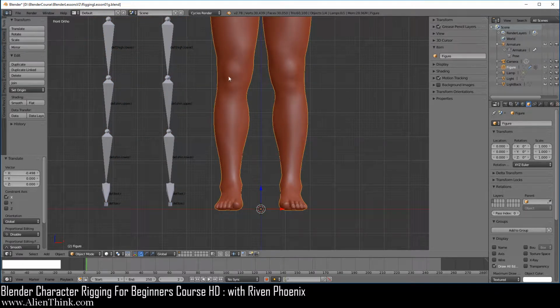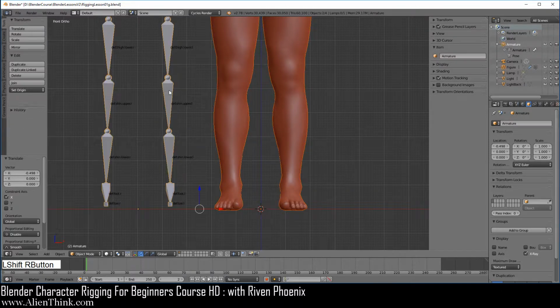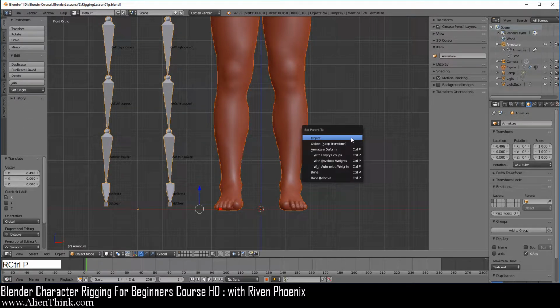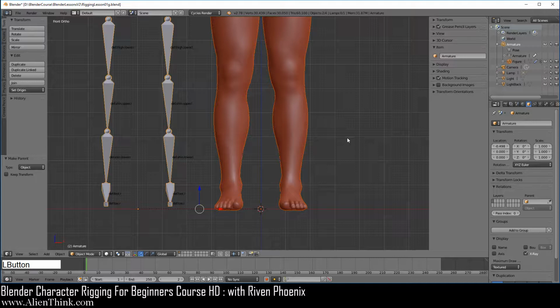But if we do this in the 3D view, the figure is not going to snap to where the armature is. Click on the figure, press the Shift key down, now click on the armature, do Control P, and click on Object. Notice how this is different. So when you are creating parent-child relationships in the 3D view, the offset between both objects is kept intact.